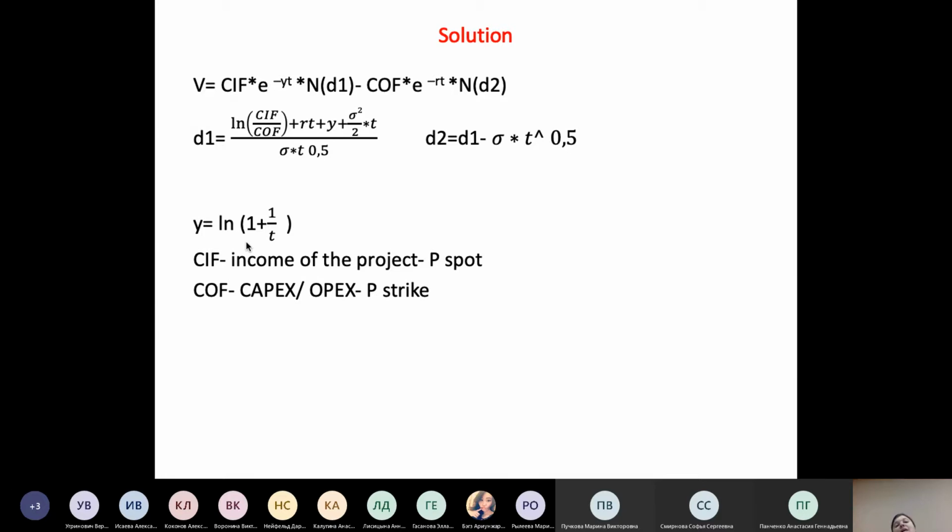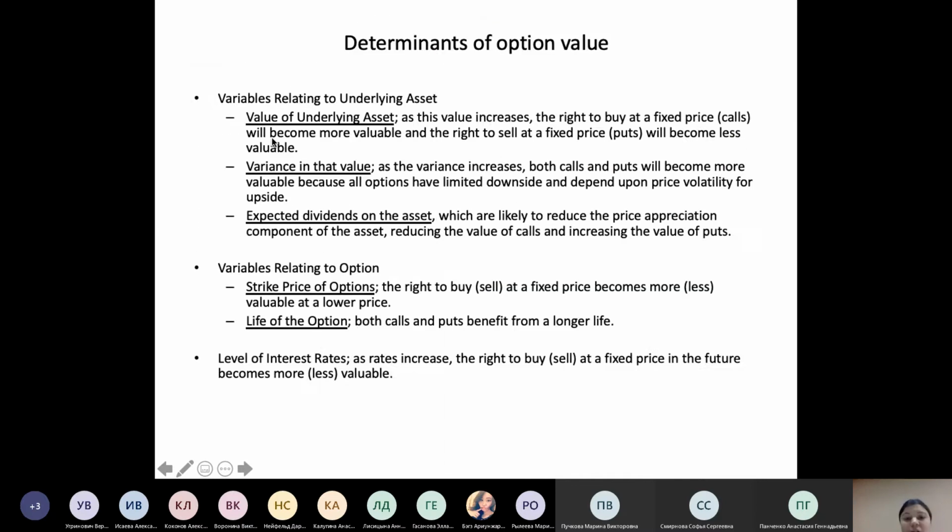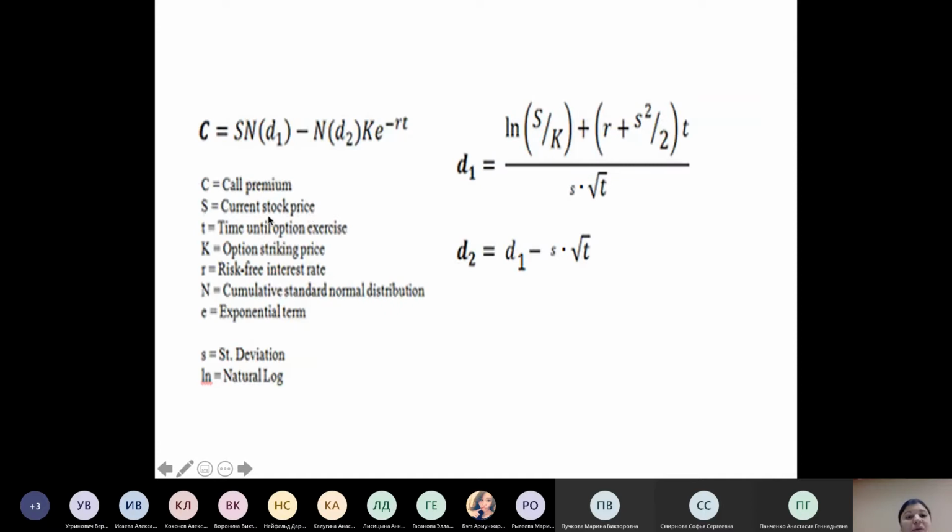Sometimes Y can be named as losses in our dividend payments, losses in our dividends on our share results. Then e to the extent minus YT is multiplied by the normal distribution of D1. D1 can be found as the natural logarithm of cash inflows to cash outflows, the same as our current stock price to our